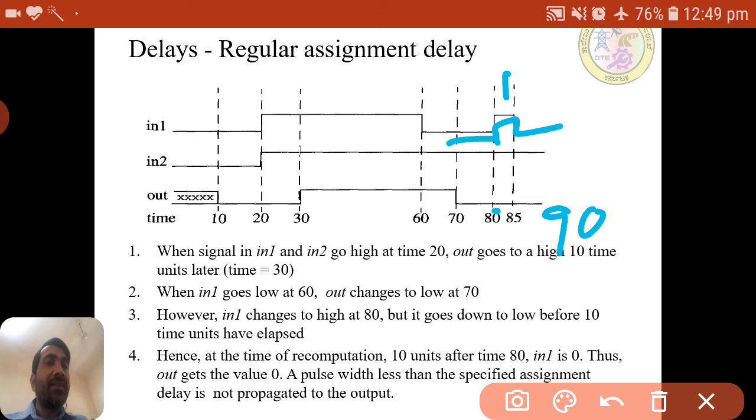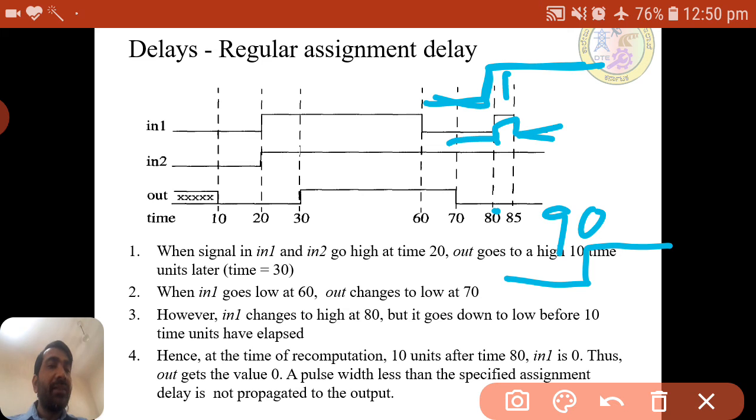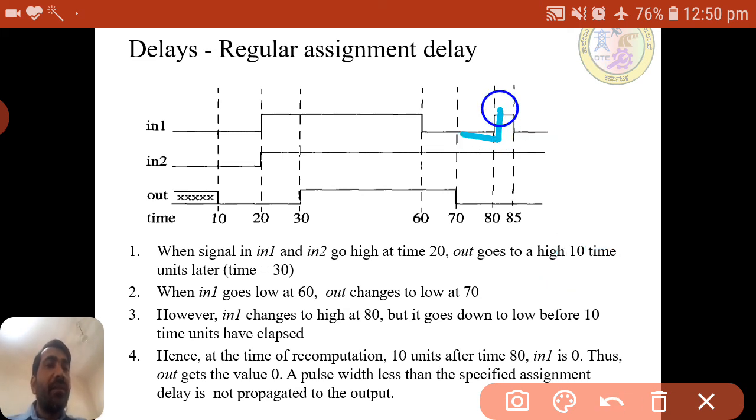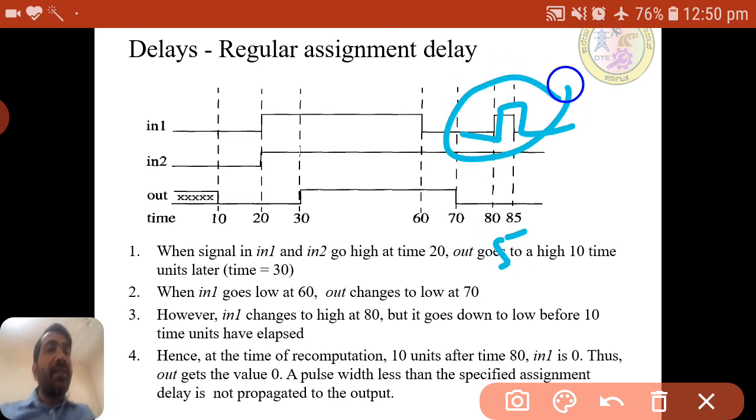Suppose it is not only a spike, and it is like this, then at the 90 the output will also come like this. But here, within 5 time units, the value is changed again.